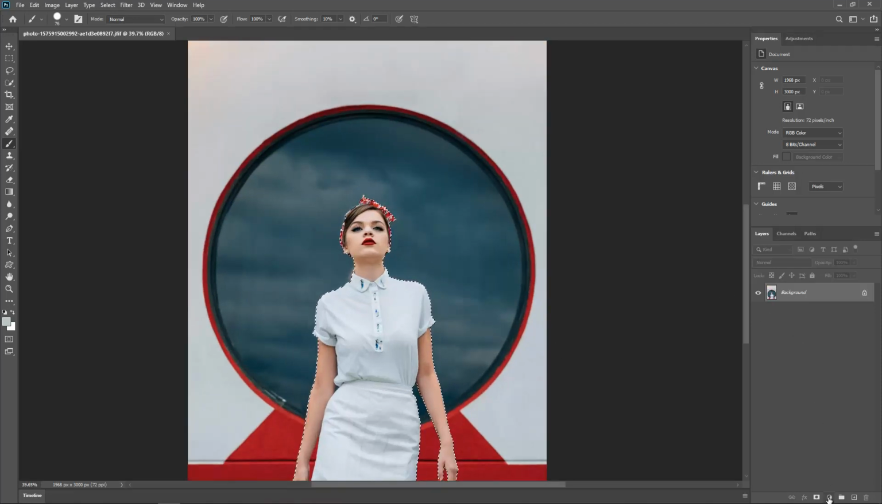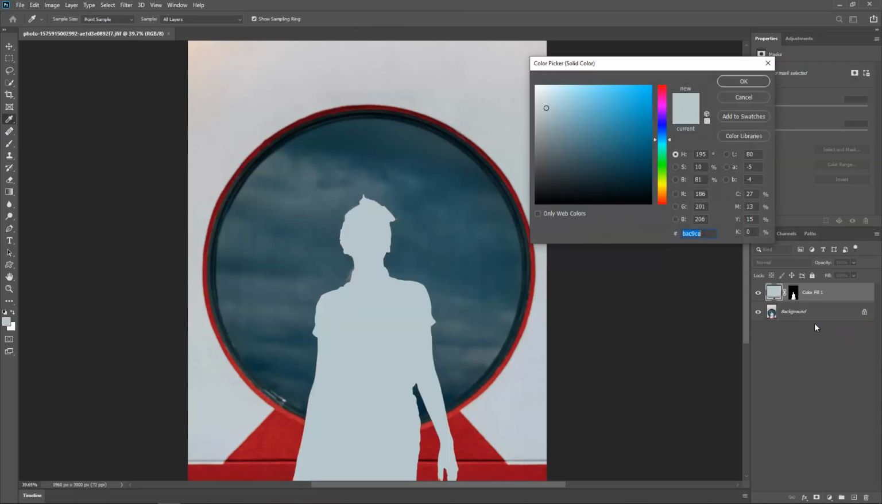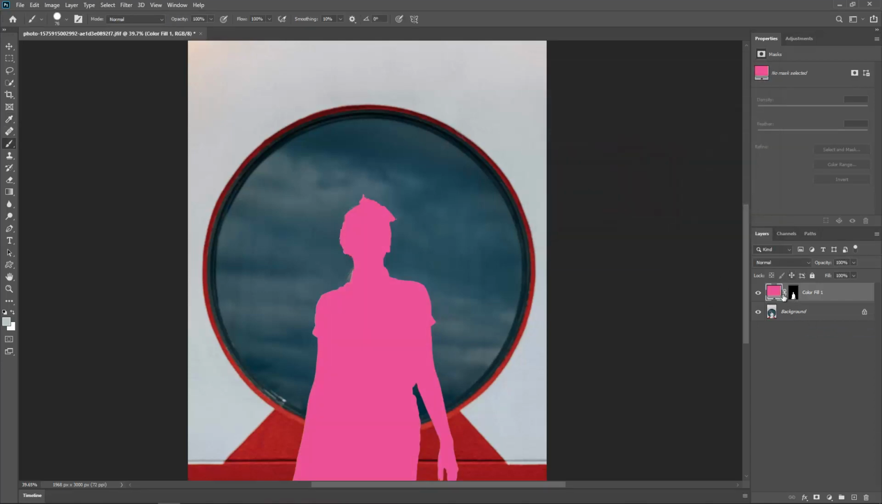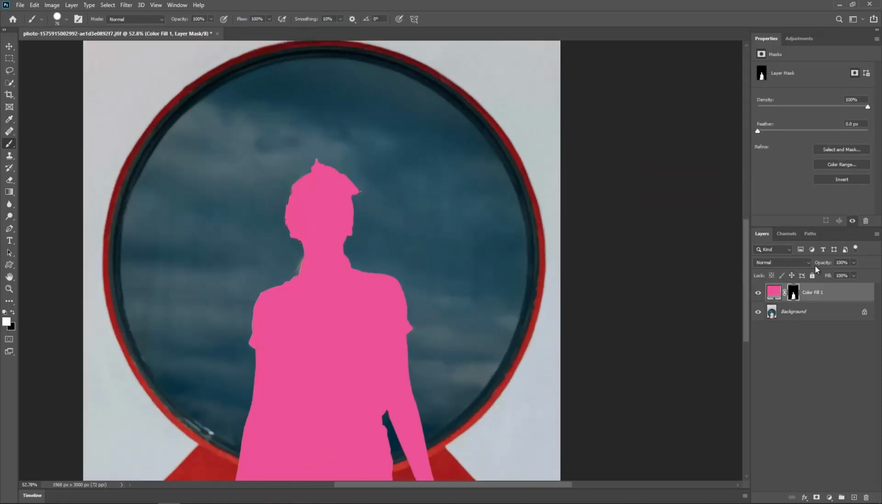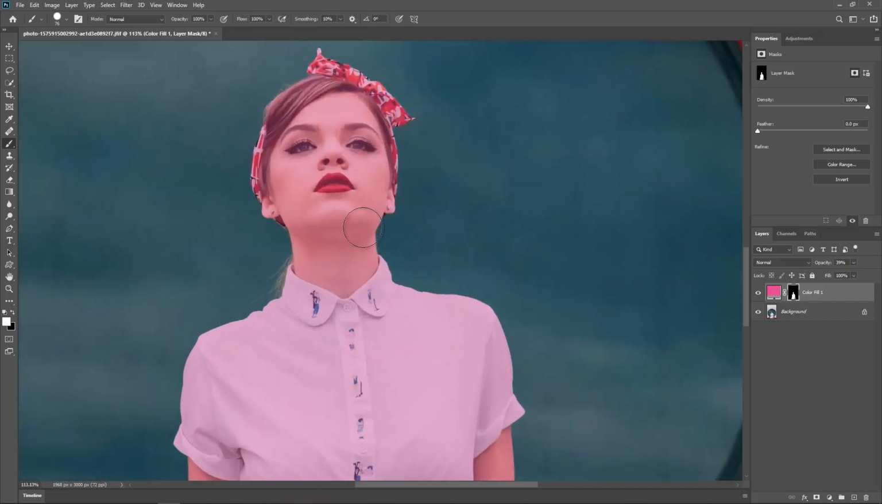And now I'm going to come here and apply an adjustment layer, solid color, and I'll leave it something more vivid, something like so. Cool. So now all I have to do is drop the opacity because I want to mask out her face. So I'm on the layer mask, D for default, and I'm going to start painting